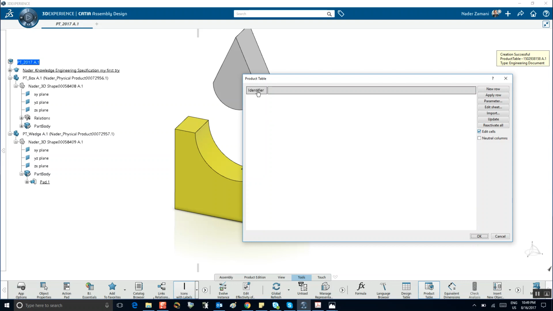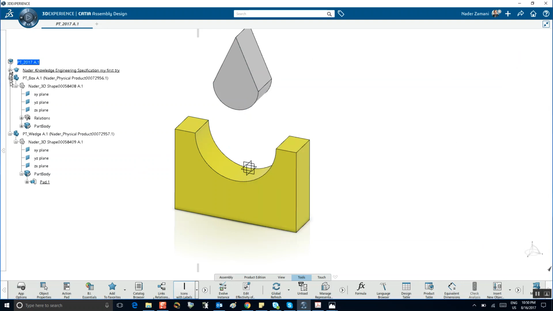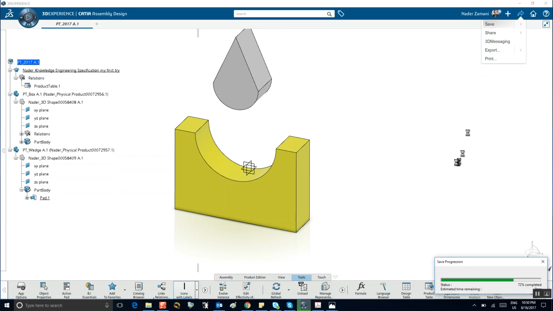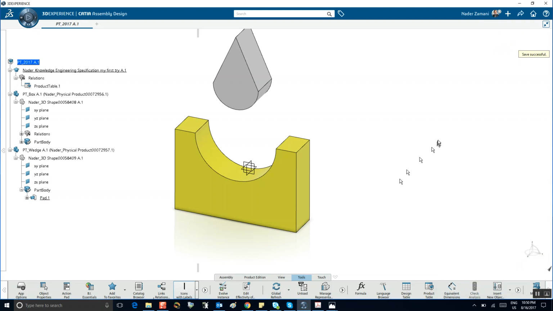Now, let me stop this tutorial, and the rest of this is going to be in the second segment. Okay. So before I do anything, I'm going to say okay, because we're going to come back and clean this up. You say okay. The table is created here, and right there, as you can see, but there's nothing in it, but I haven't done anything. So I'm going to save this, stop the tutorial, and then we move on to the second segment where the rest of it is going to be